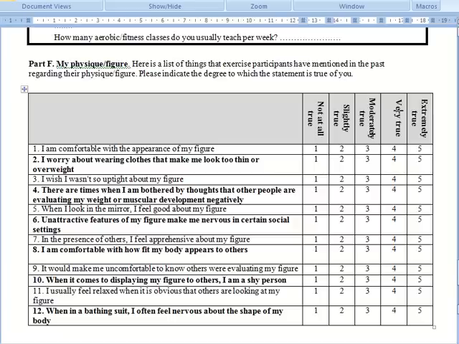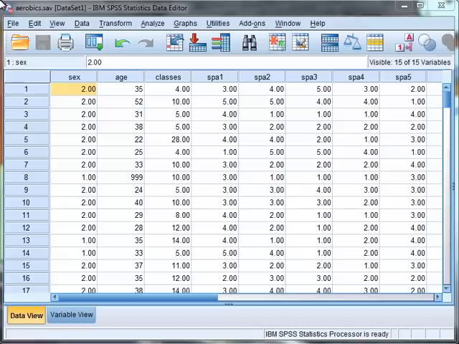There are 12 items which are measured on a 1 to 5 scale, with 1 being not true at all and 5 being extremely true. It's very important when we enter data into SPSS that we ensure that each questionnaire item is entered on a separate column. We also need to make sure that all the data for the same individual for each participant is